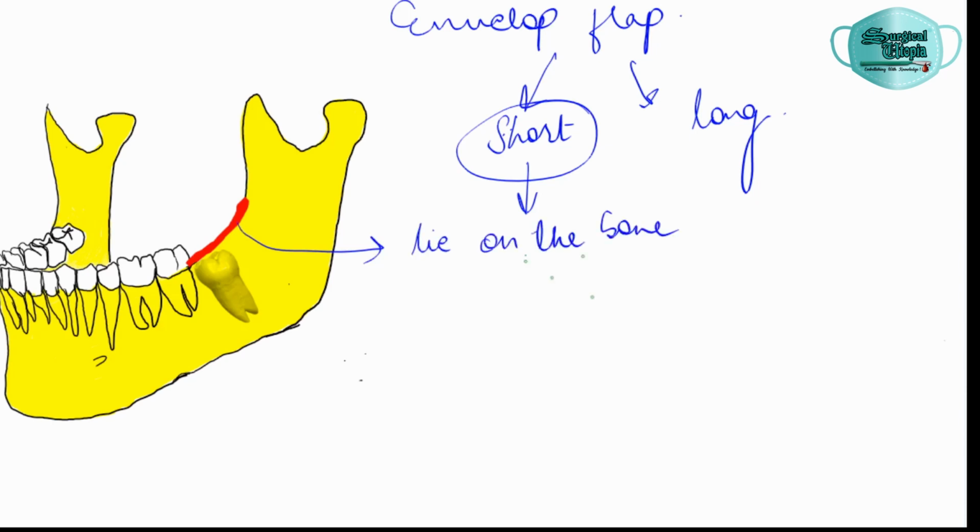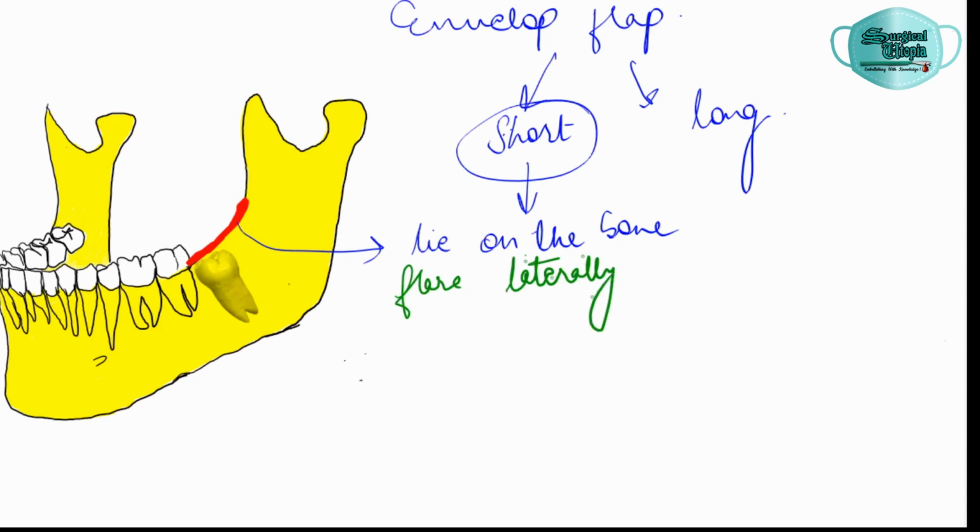The reason why this incision is flared or curved in a buccal direction is that the ramus of the mandible curves in a lateral direction. So it is important that this portion of the incision, that is the distal incision, should also curve in a lateral direction. So it should flare laterally. These are the characteristics of this incision.